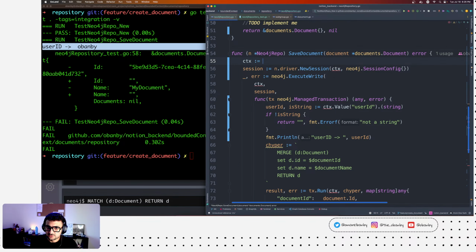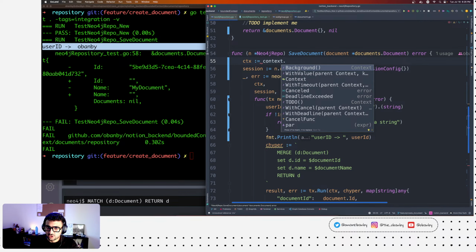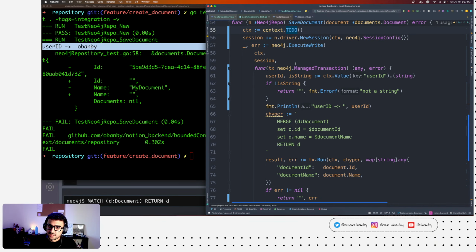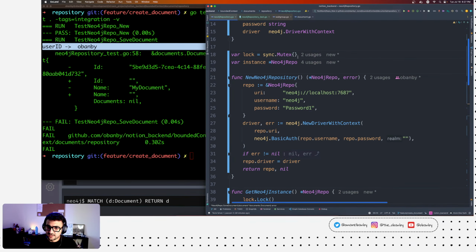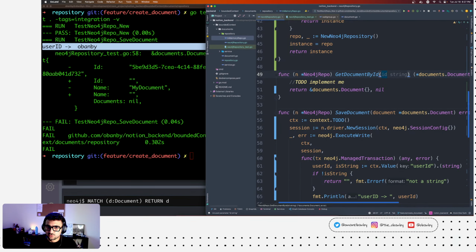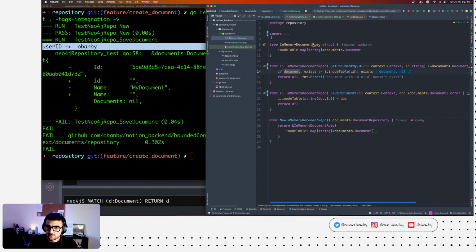Here context is equal context dot... Actually, let's use to do, because this simply signifies that we haven't thought about timeouts and all that funny stuff just yet. And also the get document. And we can go back to the in-memory repo, and we can just simply reset it.